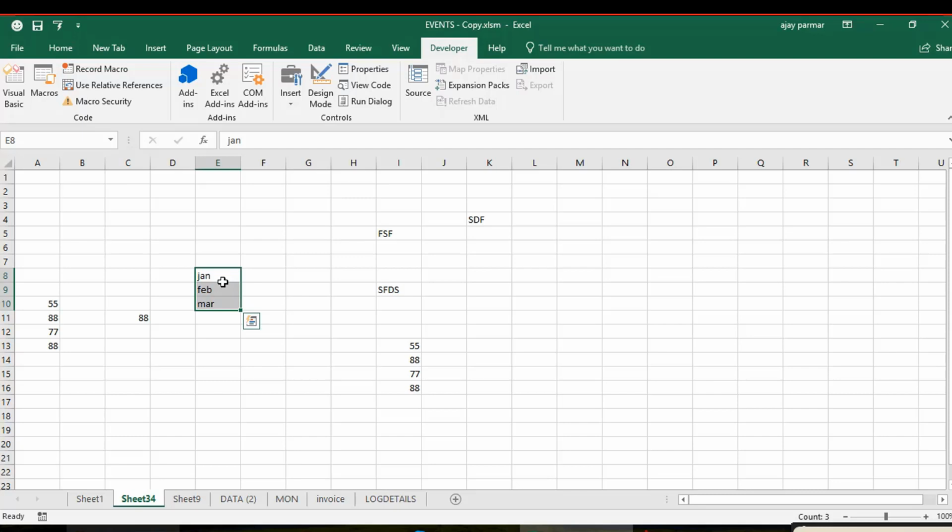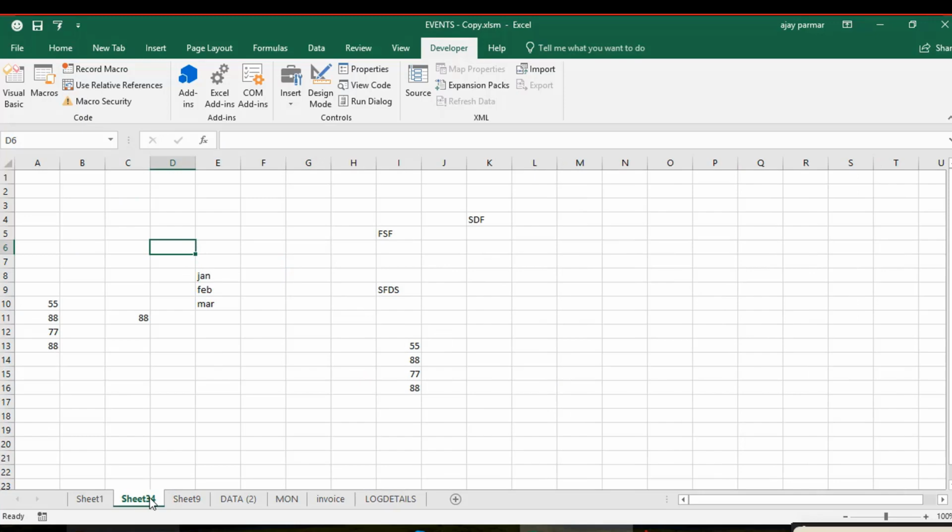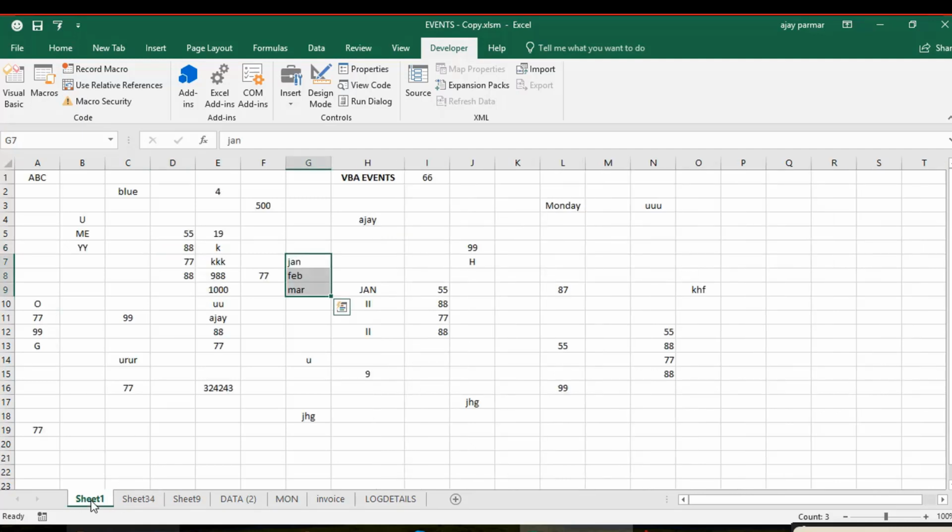But then the problem is that, maybe I'm not doing any copy and paste, I'm just going to the sheet 9, then you don't want to do that. So this is a sort of thing you have to think on this particular part, how you can achieve it, because this should happen only in the control C and the control V. So basically, when there is a change happening in the sheet 1, only then you should go to this sheet and then see the data from there, what the data is copied. Or maybe